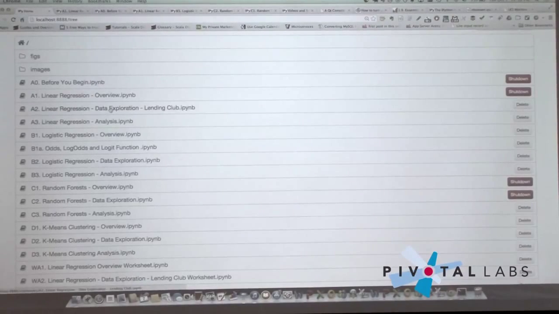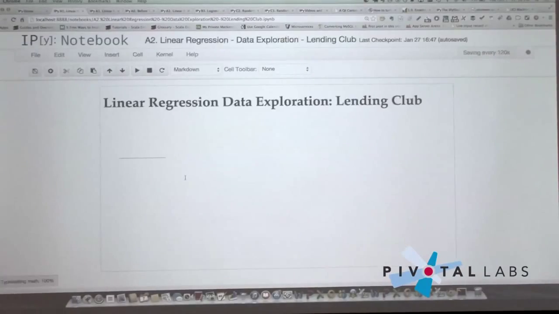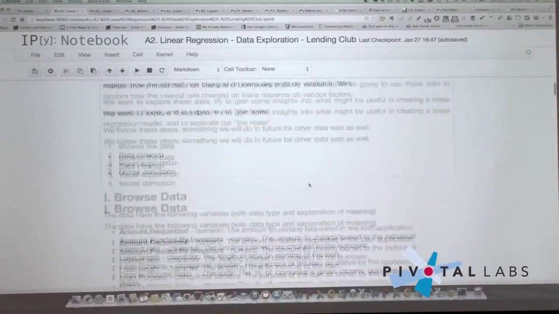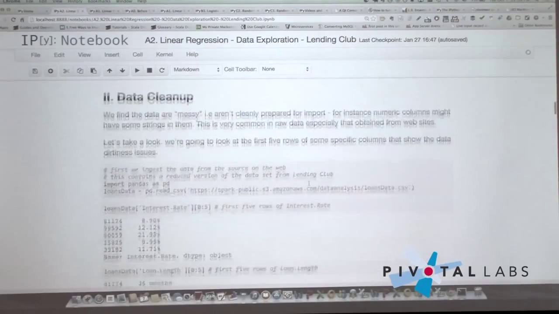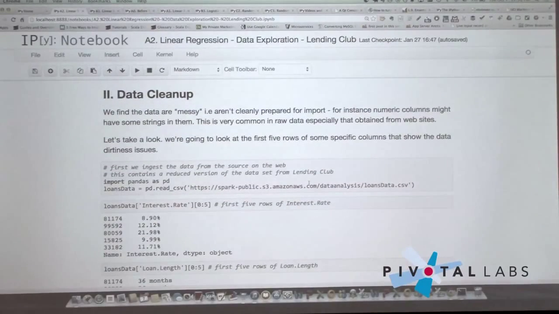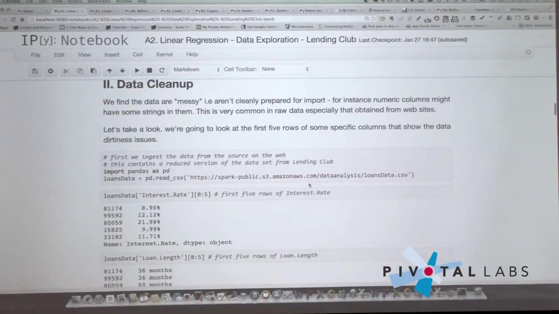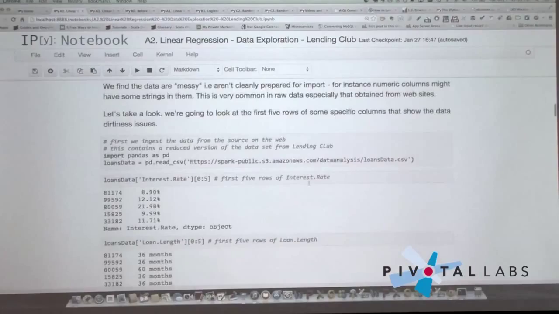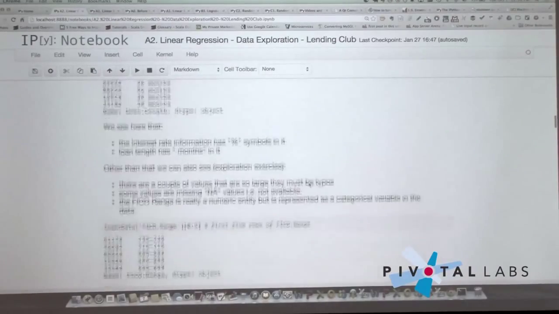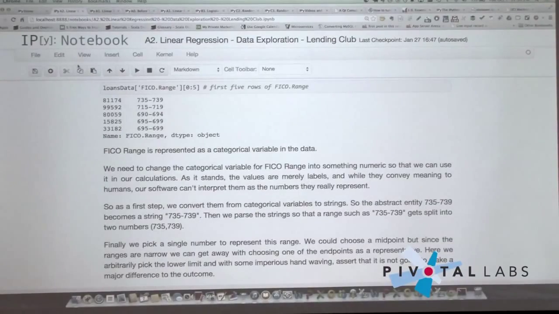You go here, we're actually going to look at some data. You do some data cleanup. That's real world data science. The joke is you spend 80% of your time cleaning up the data and 20% of the time complaining about how you have to clean up the data. And so there's some data cleanup stuff. It'll give you a flavor of what you end up doing. But with that, I'm going to go straight into